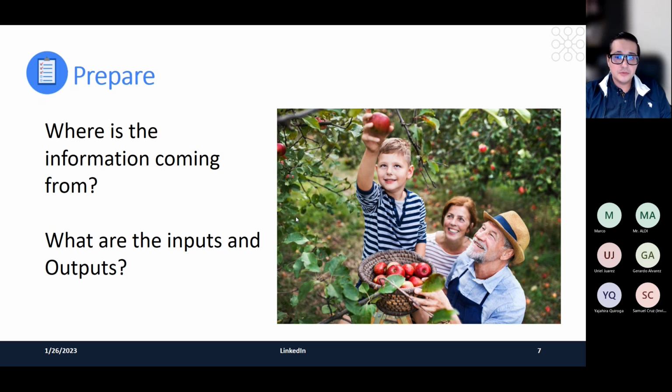Now, most of us say, well, it's coming from the manufacturing environment, or a manufacturing process, or a molding procedure, or a stamping, or a painting process. We have to understand where the data is coming from. Why? Because later on we're going to take a little bit of time to discuss the quality of data. Is the data or information that we are going to acquire relevant to what we want to analyze? If they ask you to measure the weight or compare the weight of a product, you're not going to